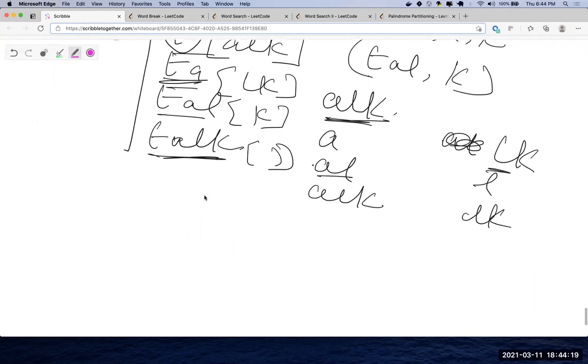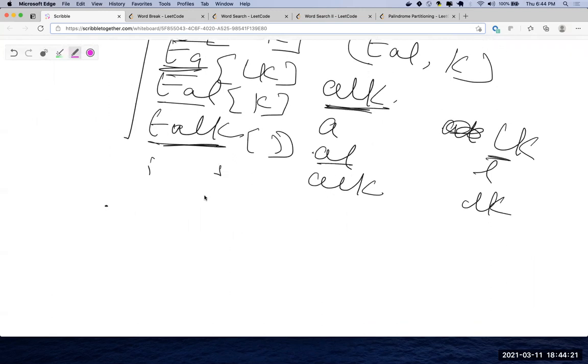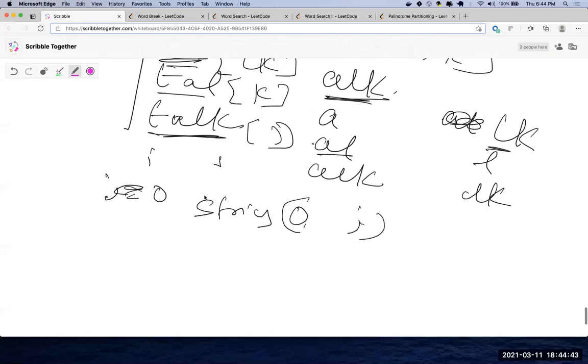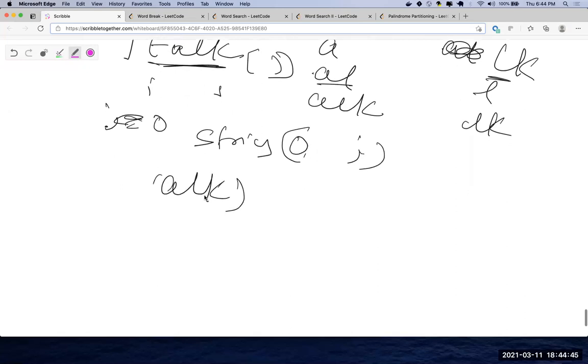How do you generate that? You can generate with only one loop, just have i. I mean, all the characters basically before i. But if you're trying to recurse on ALK, how are you going to break this up into first word and second word? You need i, and your i will be from 0 to 2.